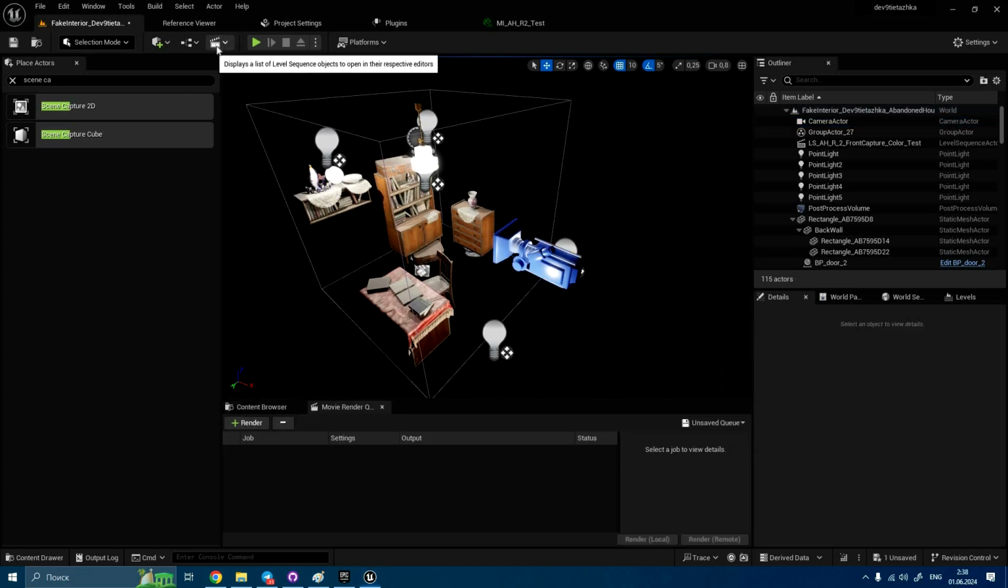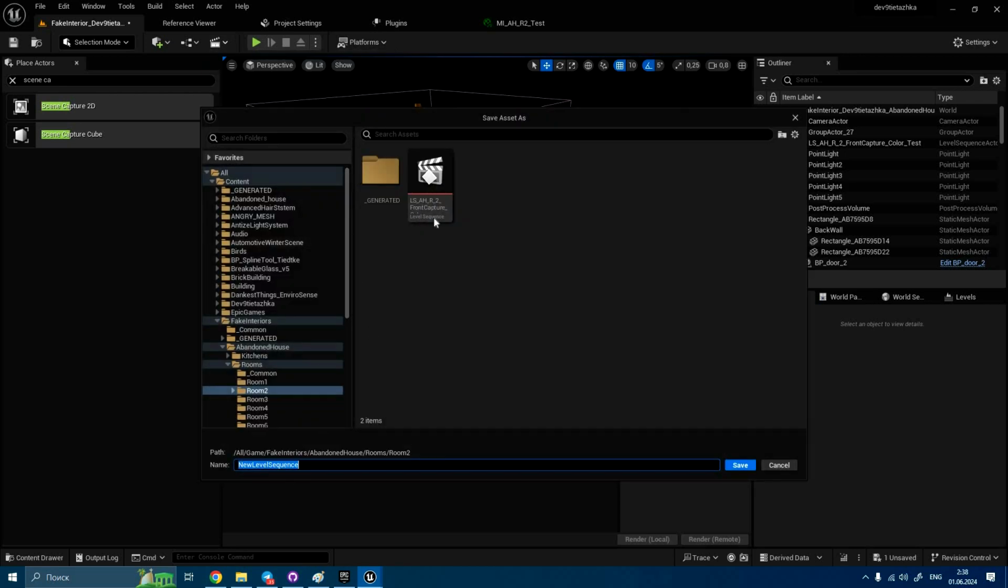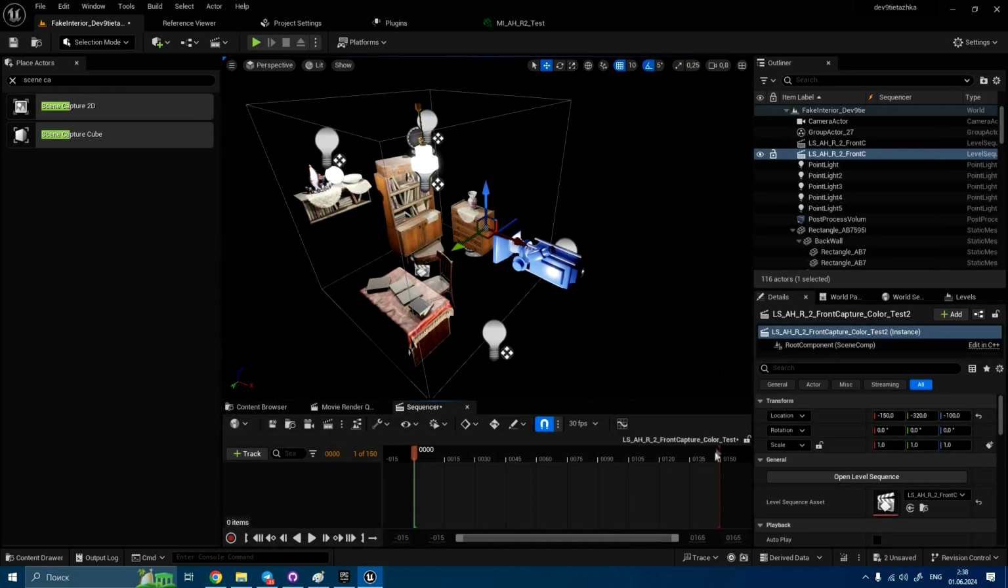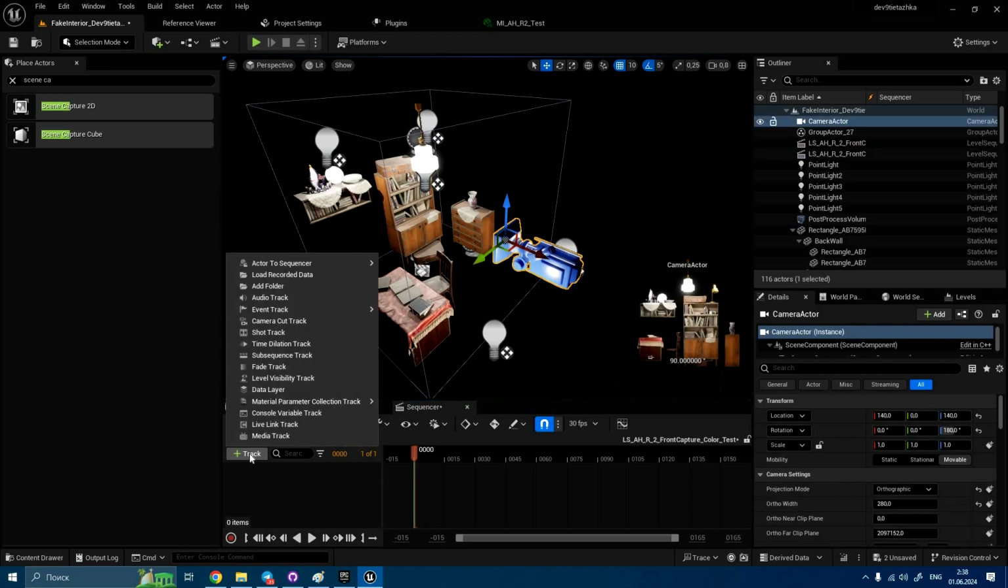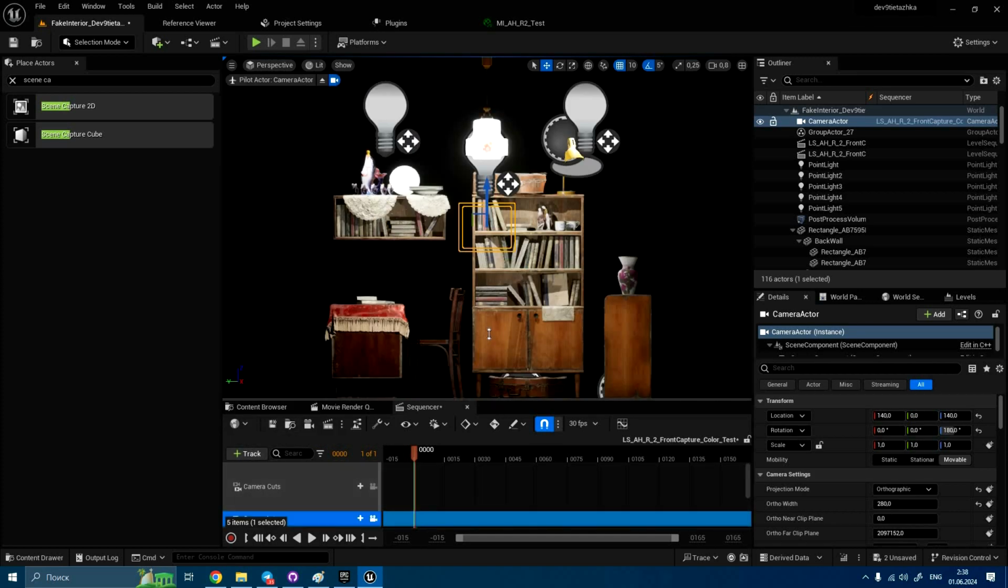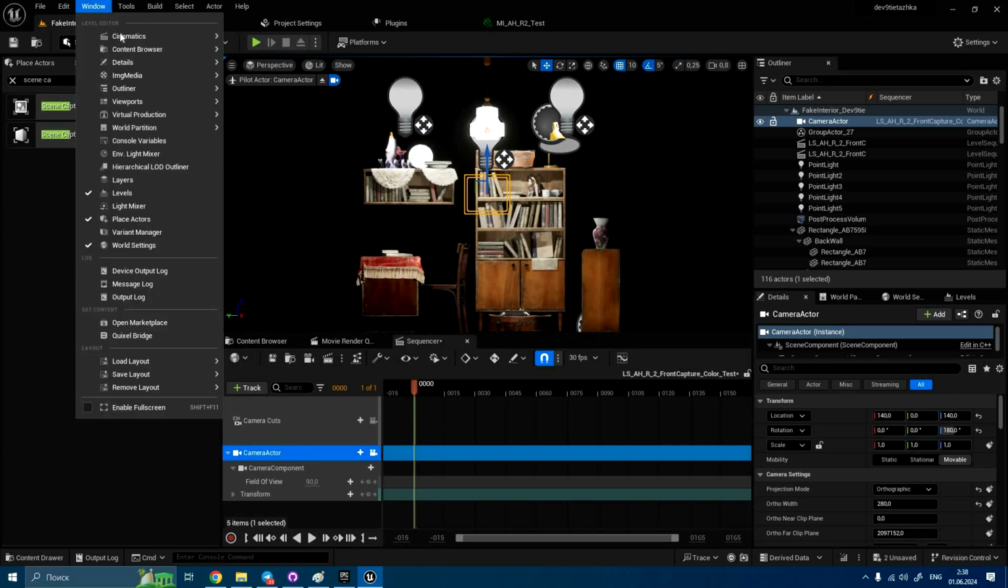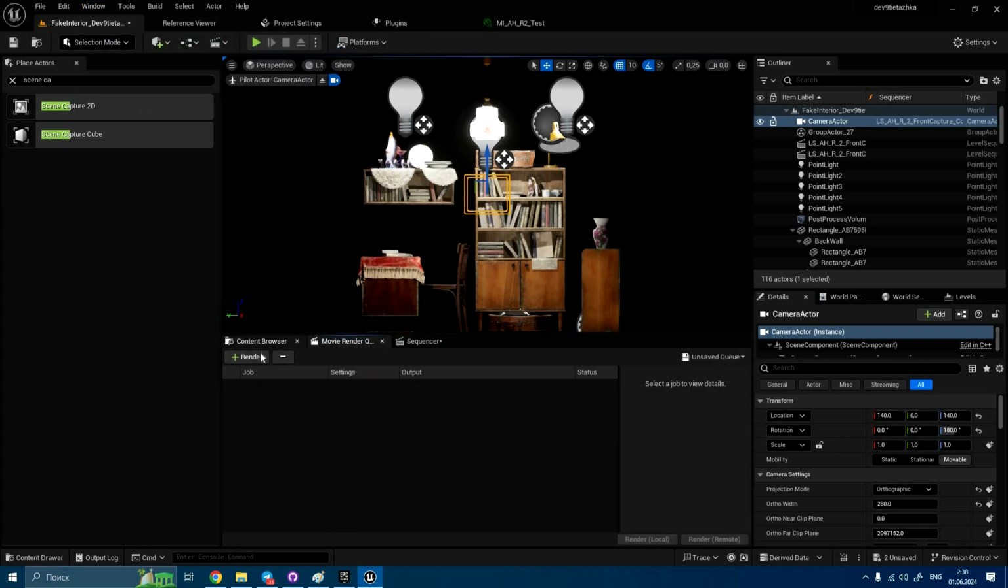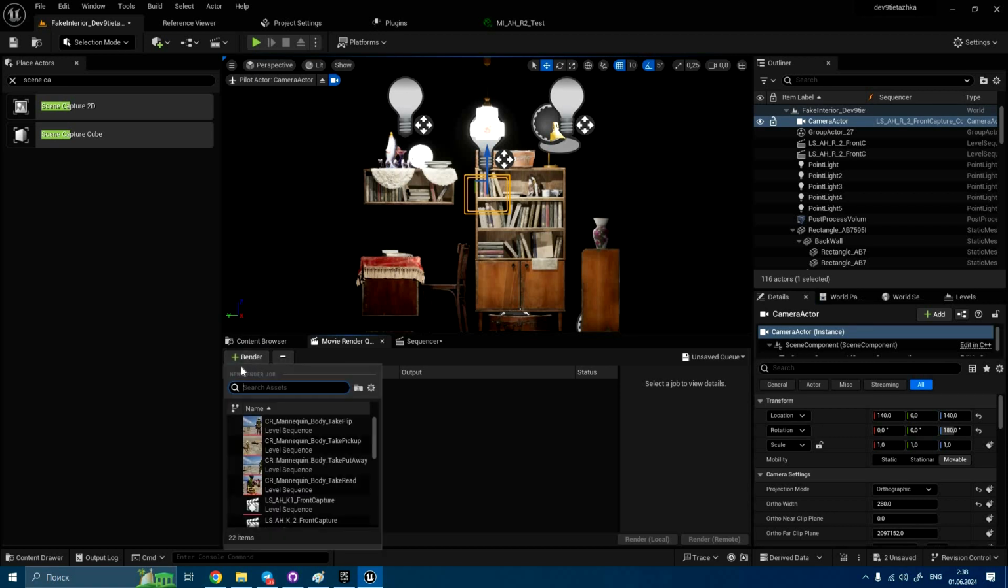After that, we need to add a level sequence. Let's save it here. And let's reduce the number of frames to just one. And after that, let's select our camera and type here camera, add camera actor. After that, let's go to Window, Cinematics, Movie Render Queue, and let's click Render. After that, we should select our freshly created level sequence,